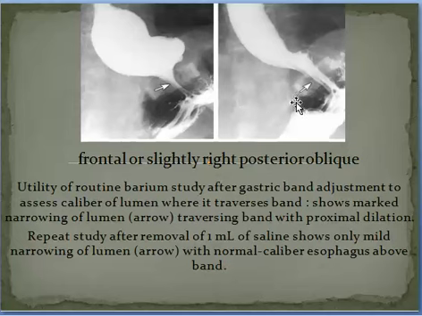They remove 1 milliliter of saline to show only mild narrowing of the lumen. So, repeat study after removal of 1 milliliter. When you remove fluid from the band, you make it smaller, thus it appears smaller as here, and this would produce more